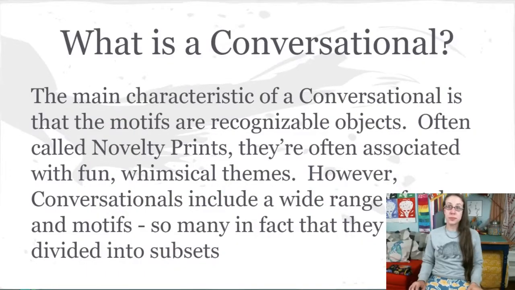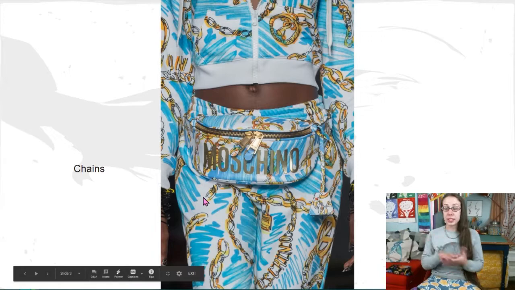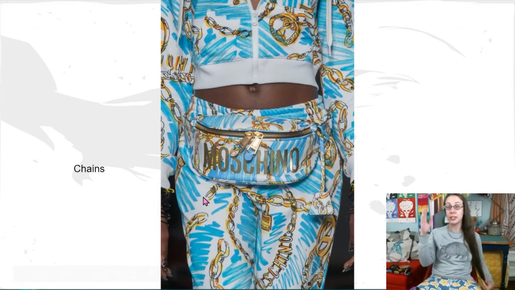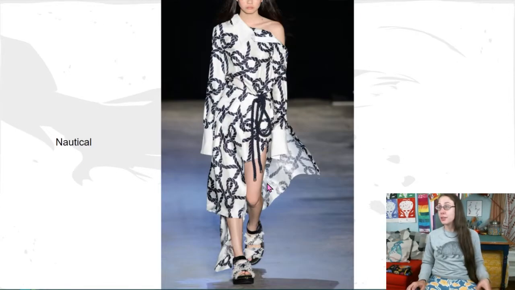So there are novelty prints that deal with really serious themes, and there are also novelty prints that are rubber ducks. So we are going to talk about a few subsets of novelty prints because they can be broken up into a few different subsets. So chains, nautical, farm animals, birds,